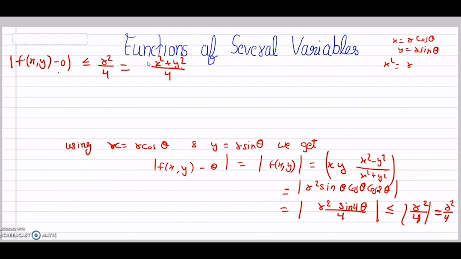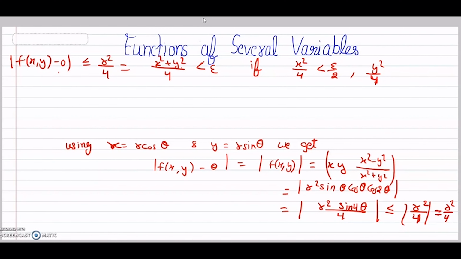So x square equals r square cos square theta and y square equals r square sin square theta. Then x square plus y square equals r square (cos square theta plus sin square theta). And cos square theta plus sin square theta equals 1. So x square plus y square equals r square. And it is smaller than epsilon if x square by 4 is smaller than epsilon by 2 and y square